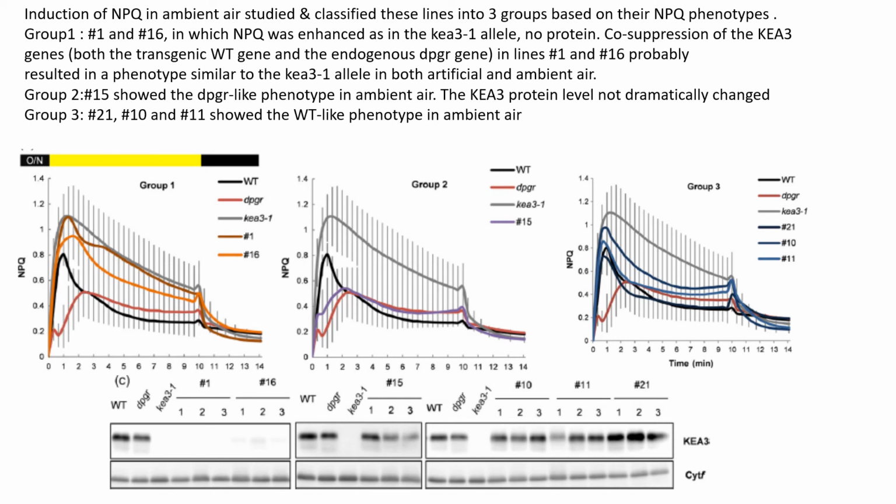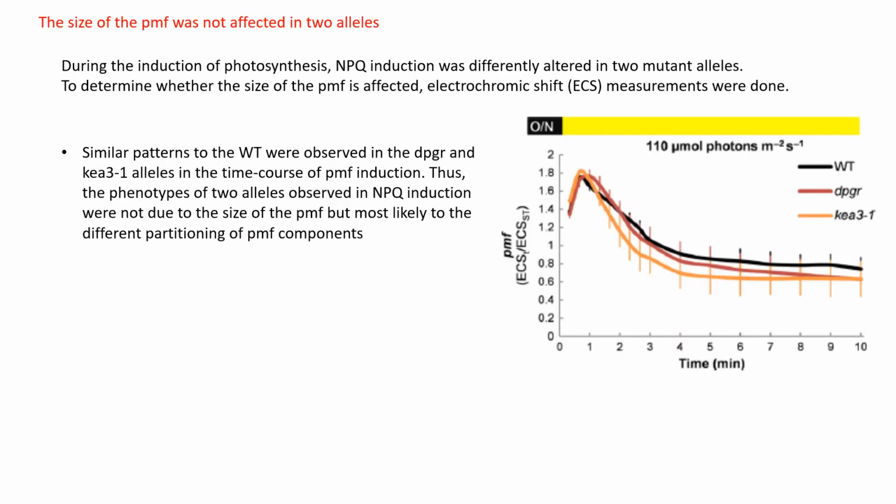So depending upon the different crosses, we can see how the KIA3 expression of phenotype can vary among the different lines. The next thing to know was if the PMF of the 2 different kinds of alleles phenotype that we are looking at would change or their size would change during the induction of photosynthesis, causing the change in NPQ induction